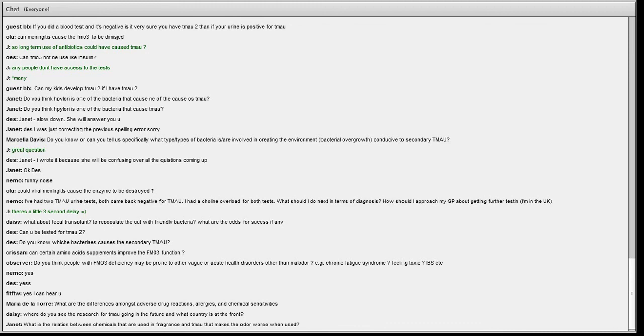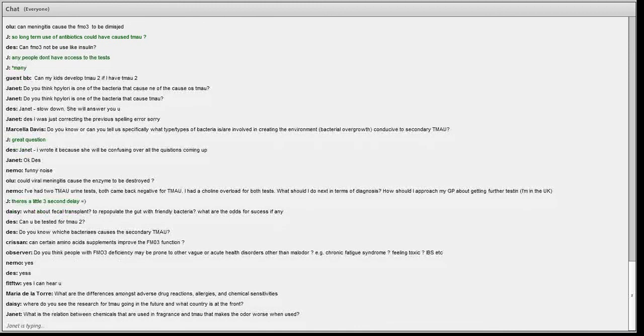Because I mentioned that the name is flavin containing monooxygenase. So if you're deficient in the flavin and you can boost up the amount of flavin, then the chances of the little molecule binding to the protein